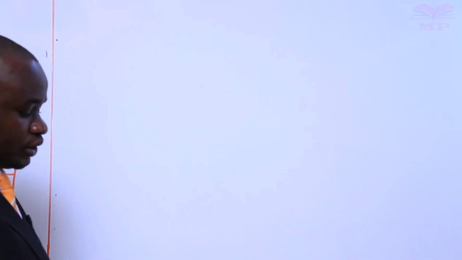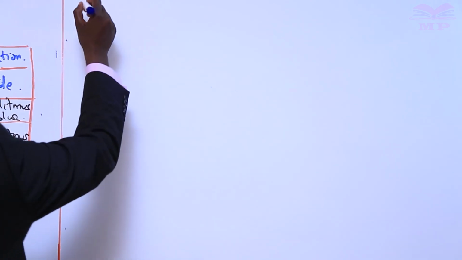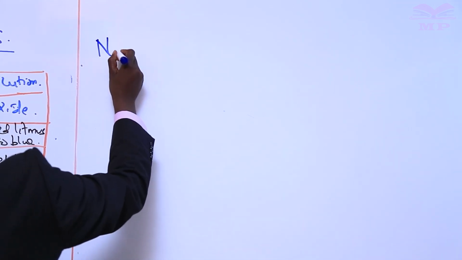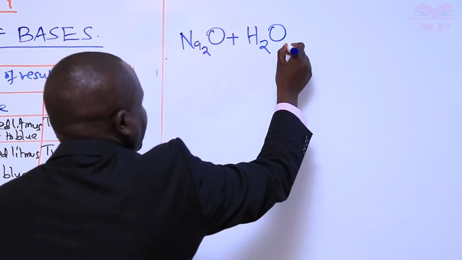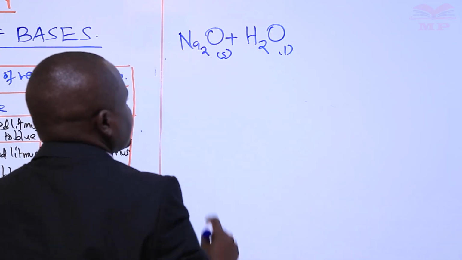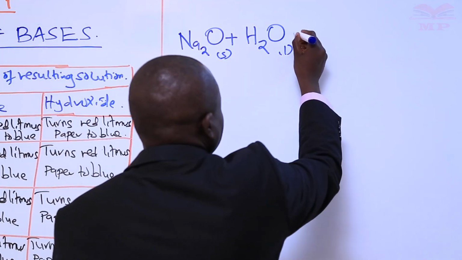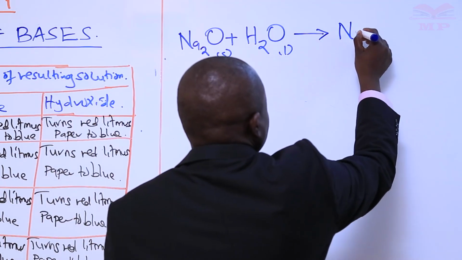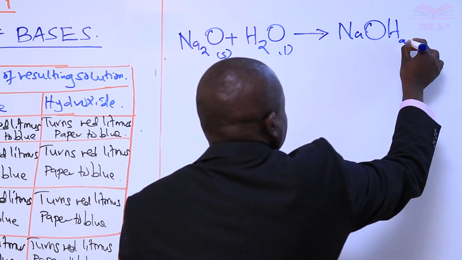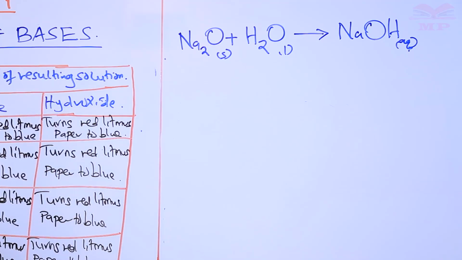As we can see from the equation, this is how the product is formed: if you take sodium oxide, you dissolve it in water. So we're writing an equation. Sodium oxide is a solid, water is a liquid. The sodium oxide will dissolve in water, then we shall form a basic solution, and that basic solution is called sodium hydroxide. So this is the solution that will be responsible for the turning of the red litmus paper